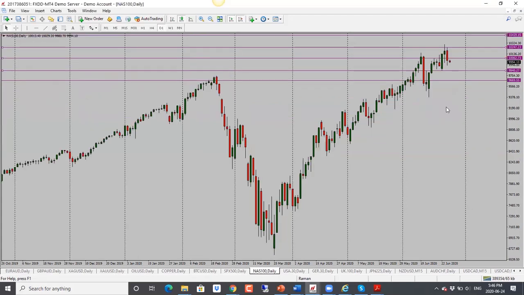Nasdaq here, Nasdaq is looking bearish here as well. We can see price dropped here, and now I'm looking for a further drop here. So bearish engulfing candle for the day. 98.40 is the first target here, and should it drop through that, we're looking at 97.30. So bearish bias here for Nasdaq.